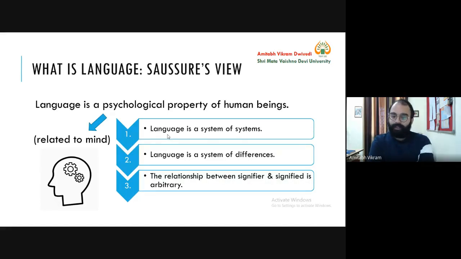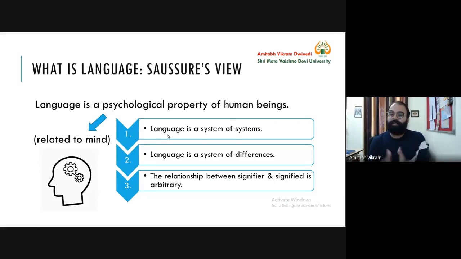Now let's come back to the relationship between signifier and signified being arbitrary. So that means there is no one-to-one relationship. For example, why is a dog called dog? Why is a dog not called bow bow? Because a dog makes that sound bow bow, but no one calls a dog a bow bow. So if a dog were called bow wow, then there would be a one-to-one relationship between